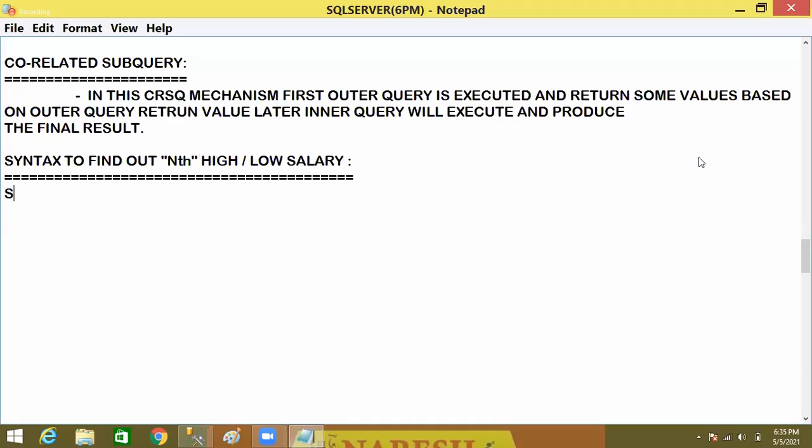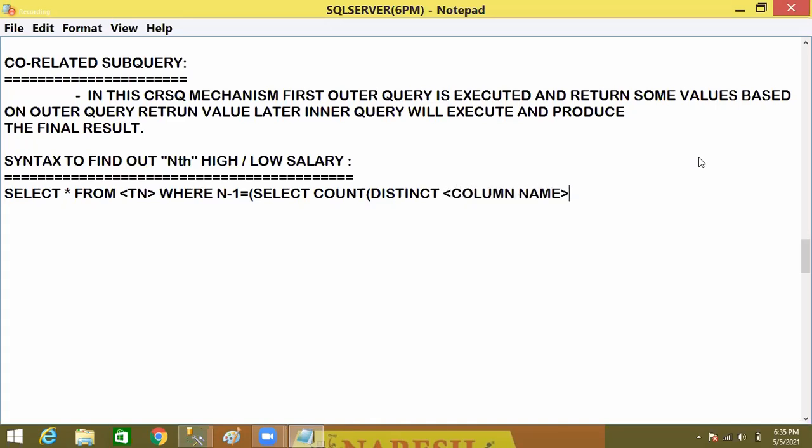First I will give the syntax, carefully observe. SELECT * FROM table WHERE n minus 1 equals inner query: SELECT COUNT(DISTINCT column name) FROM